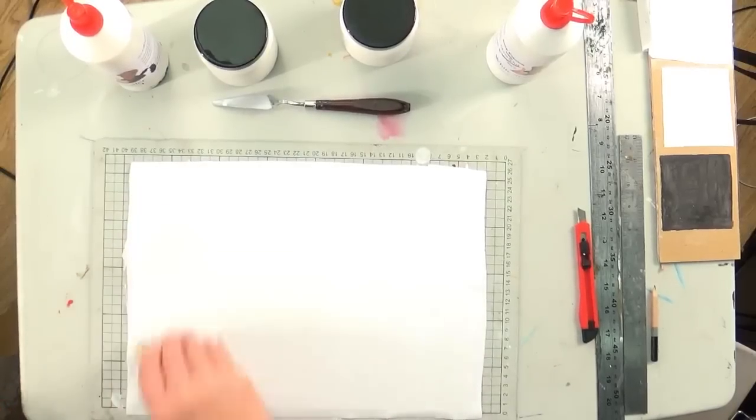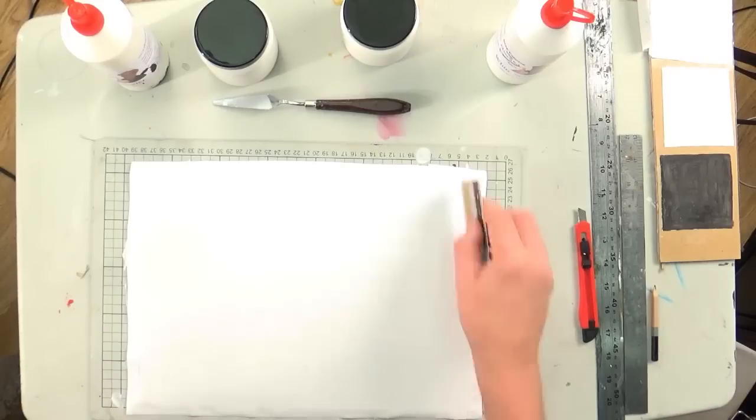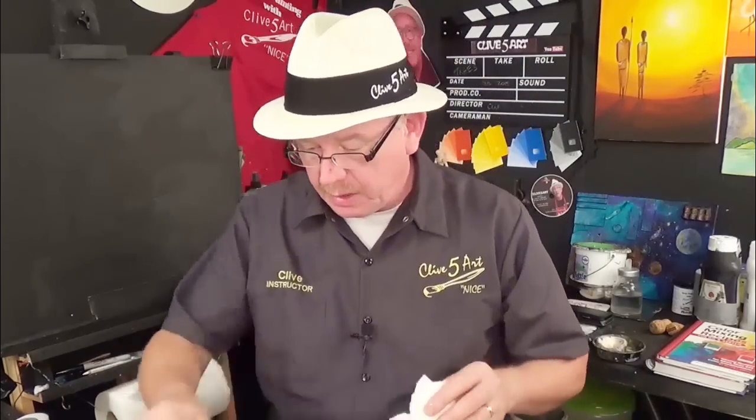And I'll be using this in a lesson shortly in the next week or two. Now you need to put that aside at least for 24 to 48 hours, just to be on the safe side. I make several of these at a time. So they're pretty good. They save you loads of money in the long term, especially if you're doing commission work